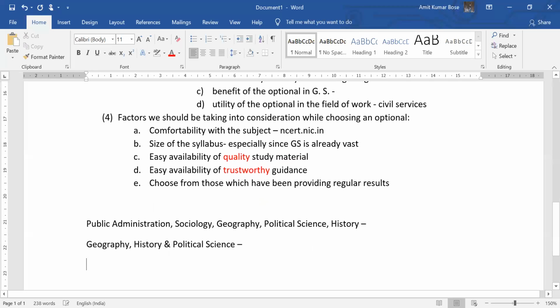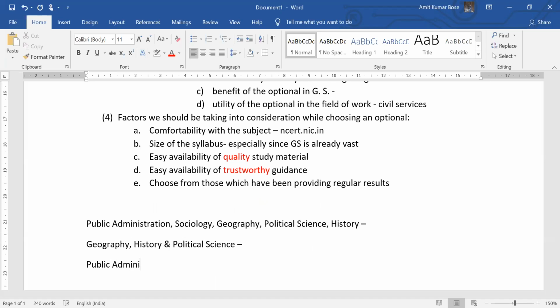On the other hand, in the recent times, we have also seen that public administration, especially the scoring in public administration, has been a matter of question. Number of worthy candidates, they could not secure selection. Yes,